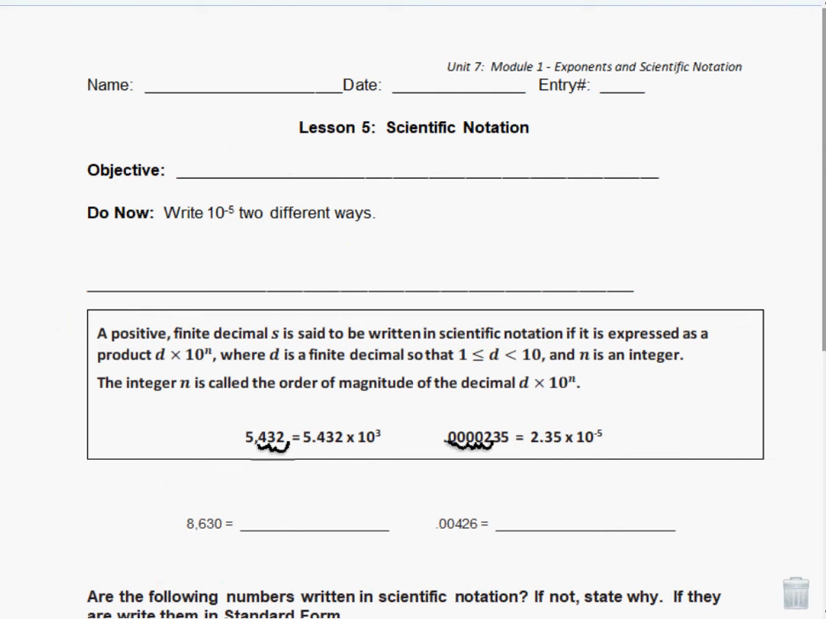So we have to write 10 to the negative fifth in two different ways. Hopefully you remember negative exponents can be rewritten as positive exponents. Remember, negative exponents represent our fractions. So this is 1 over 10 to the fifth power. If I wrote it another way, I could write it as 1 over 10 times 10 times 10 times 10 times 10. I could even write it another way. This is equal to